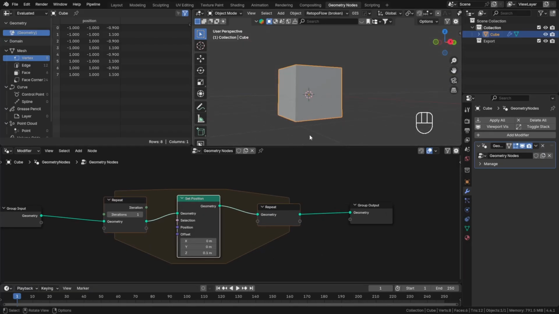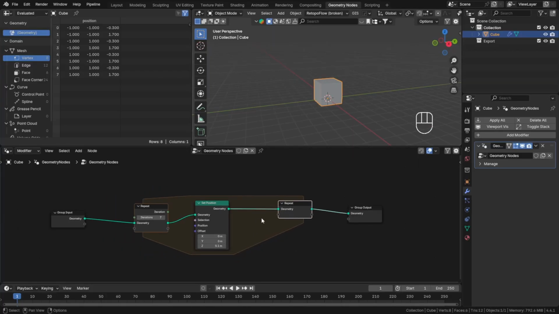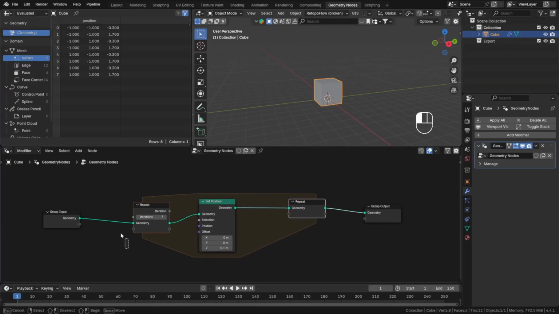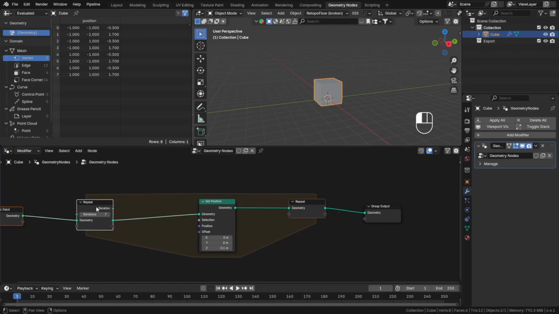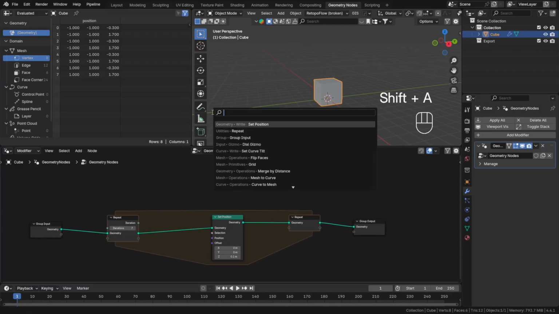What is happening is that in the first iteration, we are offsetting the cube by 0.1 meter, and then this offsetted geometry is taken from the end of the zone to the beginning. In the second iteration, we are offsetting the cube once again. This is an extremely powerful addition to the geometry node system, and you can do a lot of interesting stuff with this. Besides changing geometry with simple nodes, we can also use fields to guide our repeat zone and even create